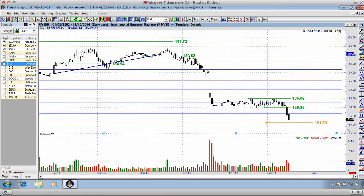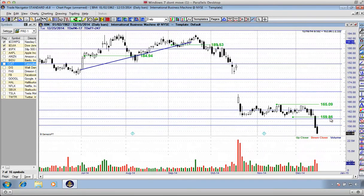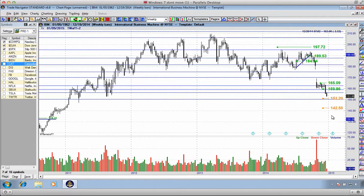is ultimately down here about $151.20. I do expect IBM to slow down at this level, move sideways, maybe potentially retrace back into the exponential moving averages. But what becomes very fascinating is that if I change to the weekly, and if I have a